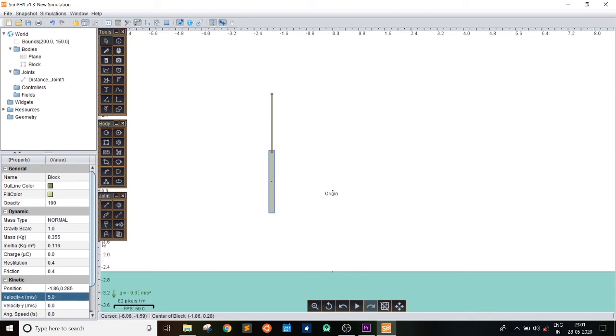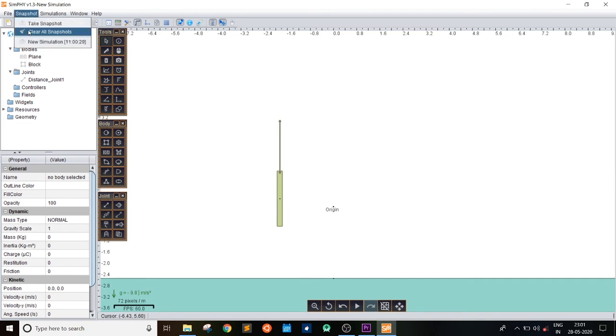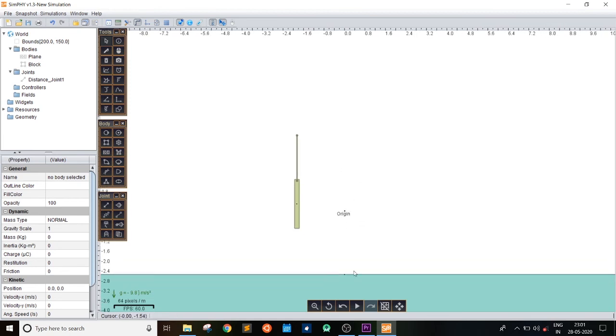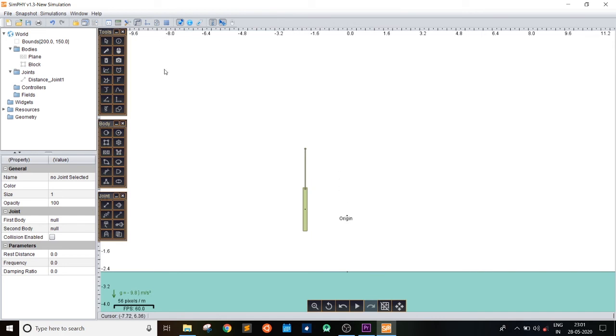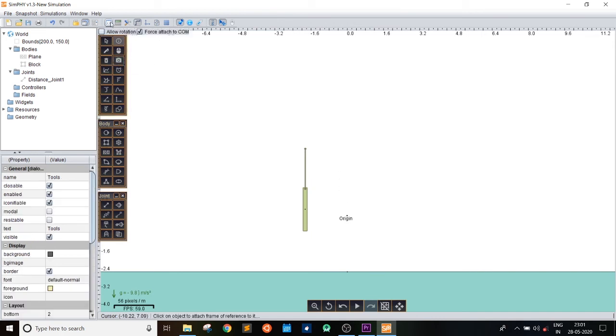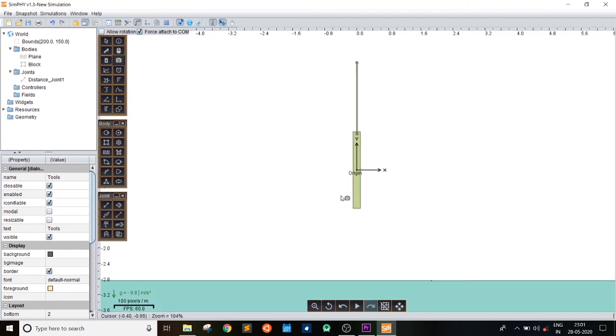We set the body velocity to 10 meters per second in the x direction, and now we play the simulation. We can see the motion of the body. So the motion is very odd and it's a random motion. So now let's use the camera feature: select the camera feature from the toolbox and then click on the body. And by clicking on the body, we can see our frame of reference is changed to the body.